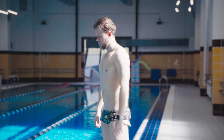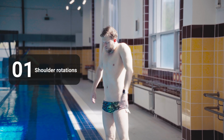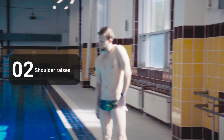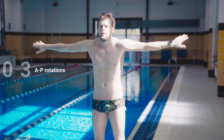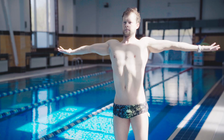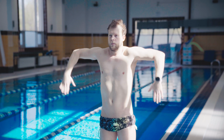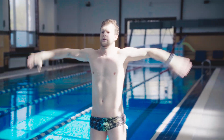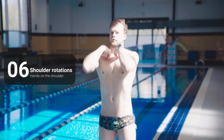Now here is our upper body warm-up routine. We start with arm swings, shoulder rotations, and variable arm raises. Follow that up with anterior and posterior rotations with straight arms, shoulder rotations, elbow rotations, shoulder rotations with the hands on the shoulders,